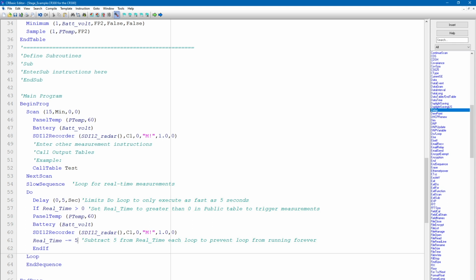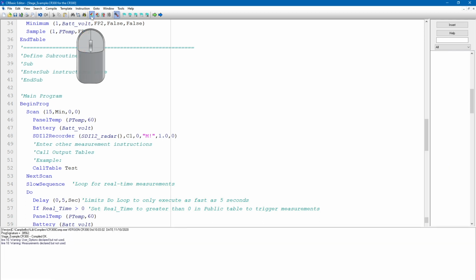What this does is create a timeout that will prevent me from getting myself into trouble if I walk away and forget I've enabled the real-time measurements. For example, if I set real-time to 300, this timeout will start at 300 and count down by 5 until real-time is 0 again. Now when I go up here to the top and hit the compile button, the program